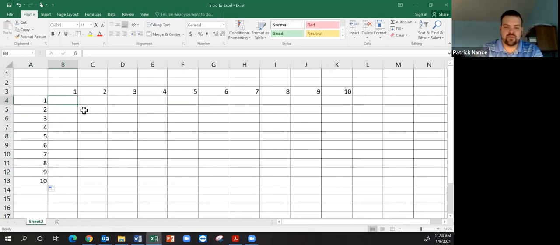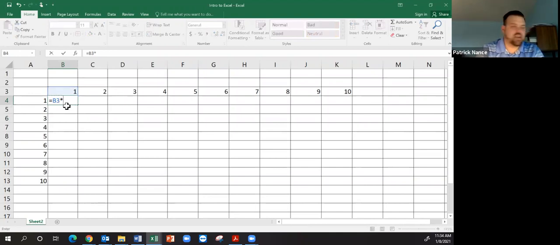As you can see, if you were to go through here and just type these all out, equals B3 times A4, and equals B3 times A5 and so on, it would take quite a while to type all these. So instead, I'm going to use cell references and the fill handle to make this substantially faster. So my first one, I'm going to hit equals